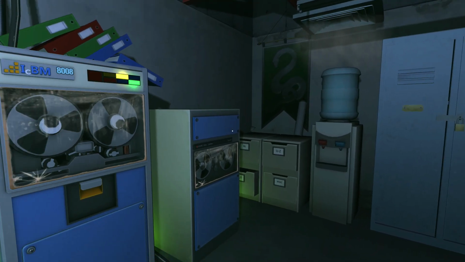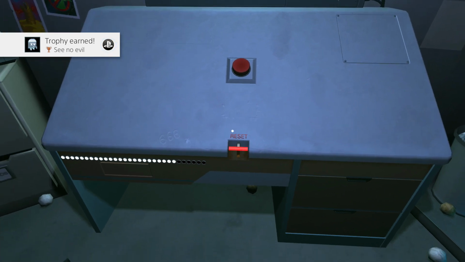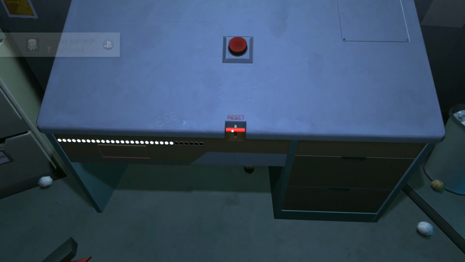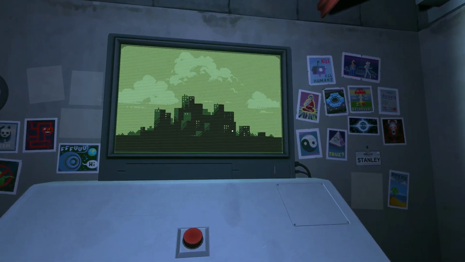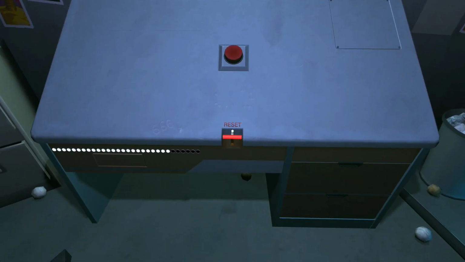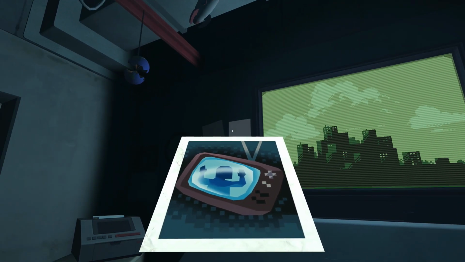And this will give you the ending. So as long as you didn't turn around before 15 seconds, you will get that See No Evil trophy. If you did turn around too early, you will have to replay it to get that. Otherwise, go ahead and hit the reset button, put the painting up on the wall, and we can move on